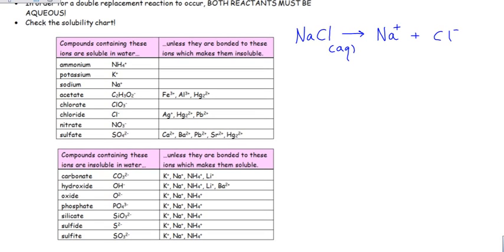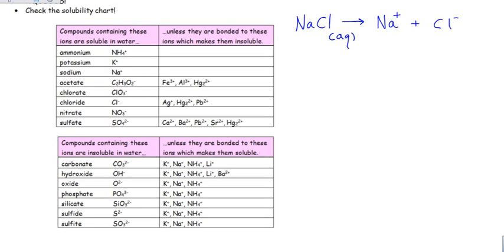And so here's this magical chart that I've been talking about. It's called the Solubility Chart. You can use this chart to predict phases for a lot of compounds. Anything that we'll run into is on this chart. Obviously, it's not going to include every possible compound, but it's good enough. The chart has two halves. On the top half, compounds containing these ions are soluble in water. Soluble in water means